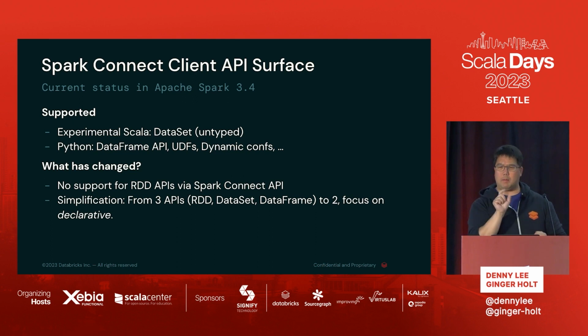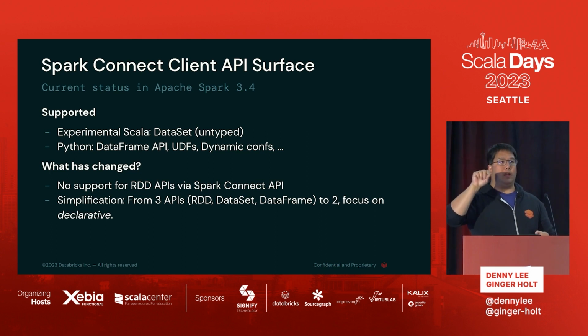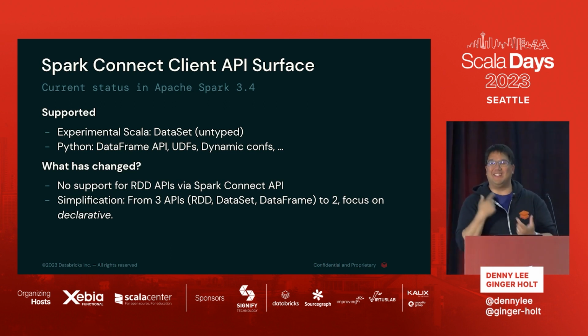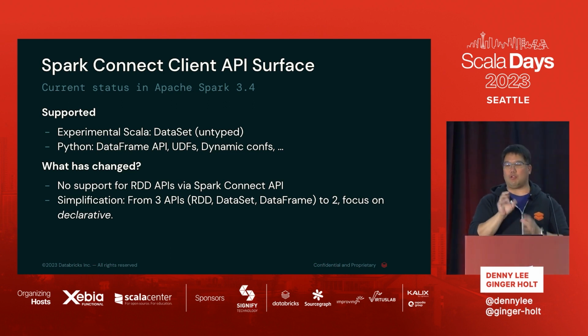In 3.5, I think we might be able to remove the experimental label. Long story short, and I'll show you in the demo, we are fighting with class paths. How many of you have been fighting with class paths? Yeah, exactly. So we've been fighting with class paths right now, and that's why it's still experimental. We actually had to put the code in a completely different location, and we have to build it every time we run the client. It's a little bit silly, but it'll get solved.